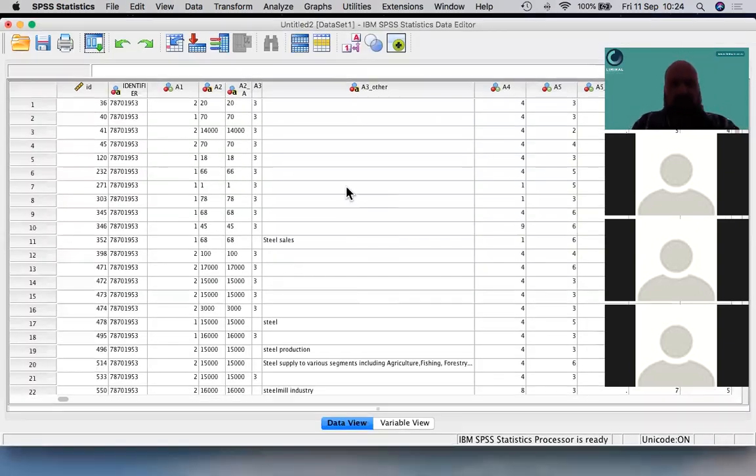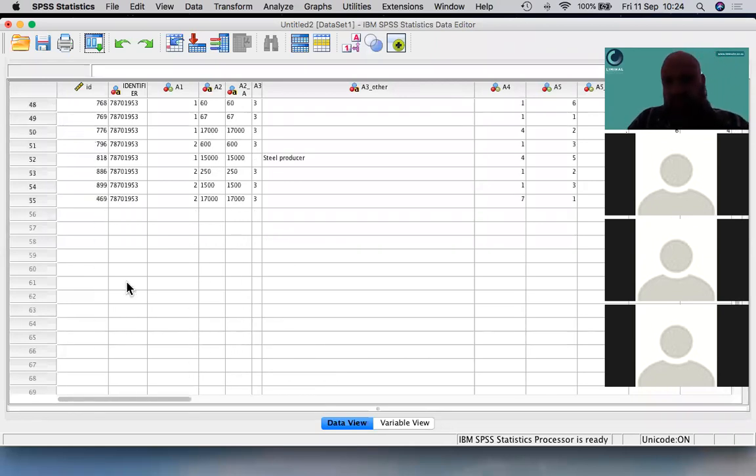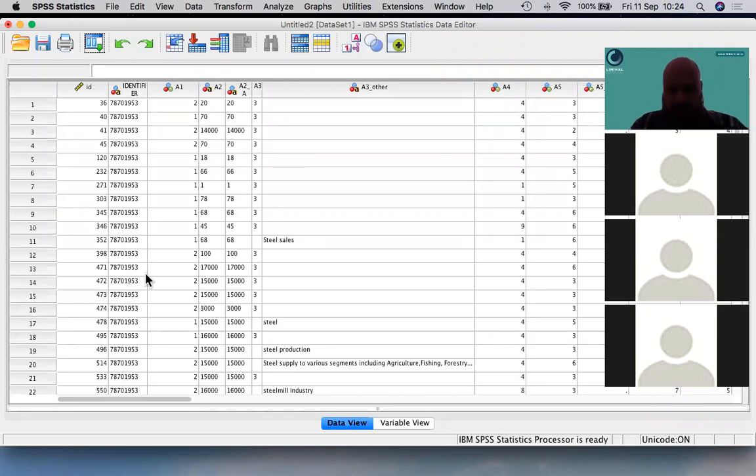So now it has imported the data into SPSS in an SPSS format. You see on top is the variable names. And then from the first row, we have the first respondent. And in this case, there was only 55 respondents. Now, if you look at the bottom of the file,